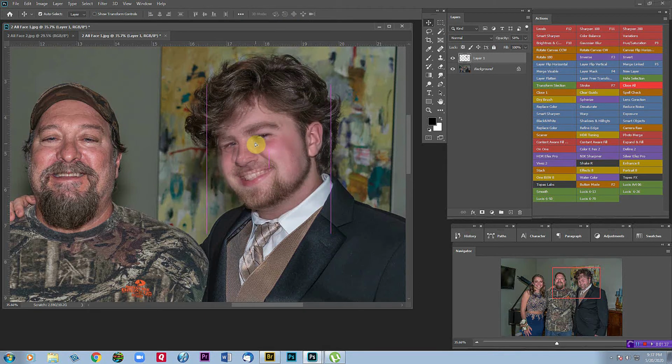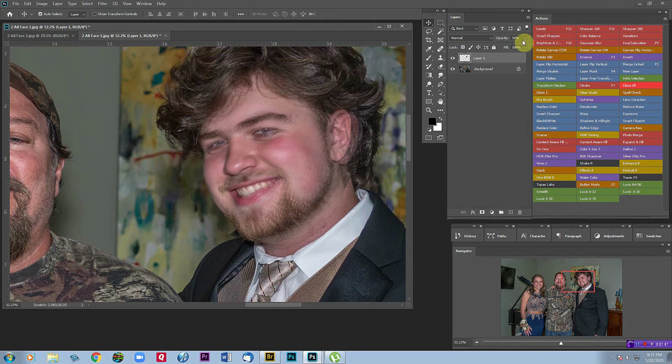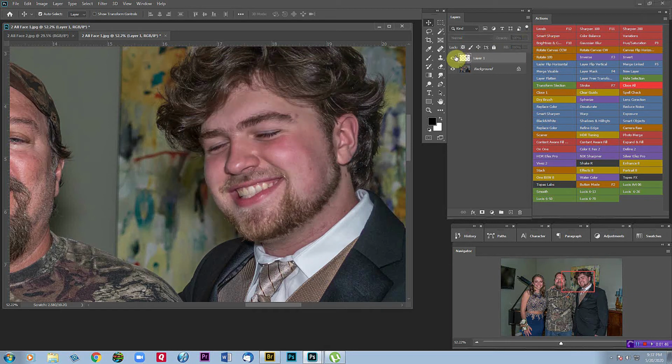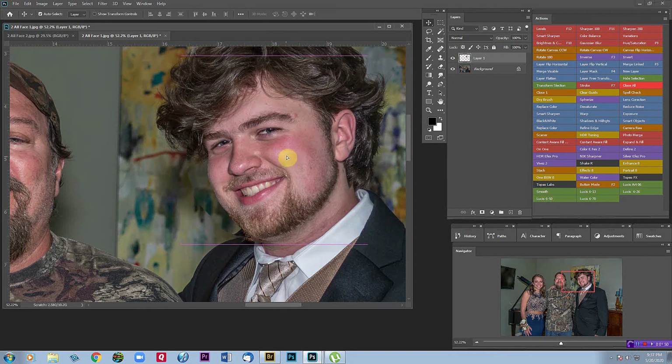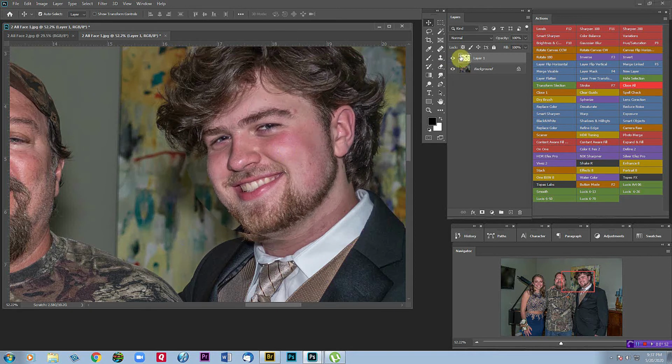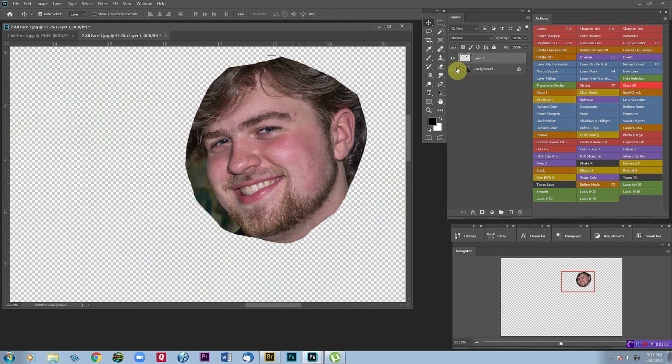Then I can move it up into place like that. And let's take the opacity back up. And let's see, might move it there. That's pretty close. Now I'm going to take the background out. I'm going to